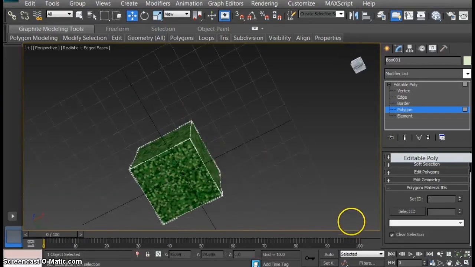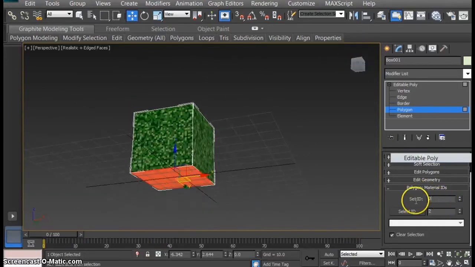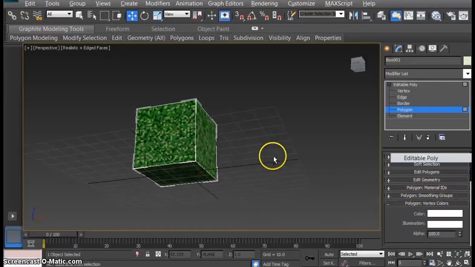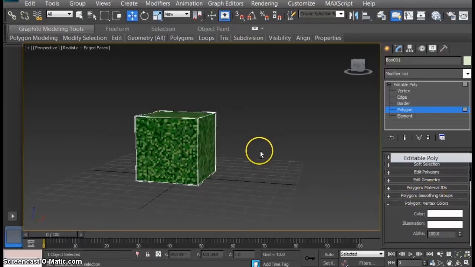Alright, and then I'm going to click the bottom one and set this one to 3. So if we click it, it should show 3. Alright. So we've got those assigned now, and we still don't quite have it showing up. So what I'm going to do